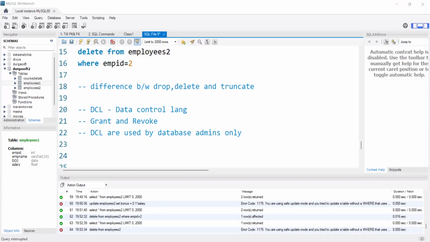Technically, generally, whenever we are working with real data, we don't have permissions to access all the data or to perform all the actions. Suppose, for example, the drop command. Basically what happens, not only SQL developers, there are many fields like there are